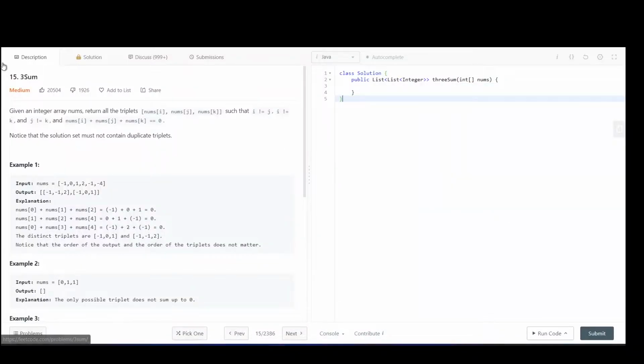Hello everyone. Now we are going to do this problem, which is Three Sum, Leetcode 15. It's a medium level problem and asked in many top MNCs. So the problem statement is: given an integer array nums, we have to return all the triplets